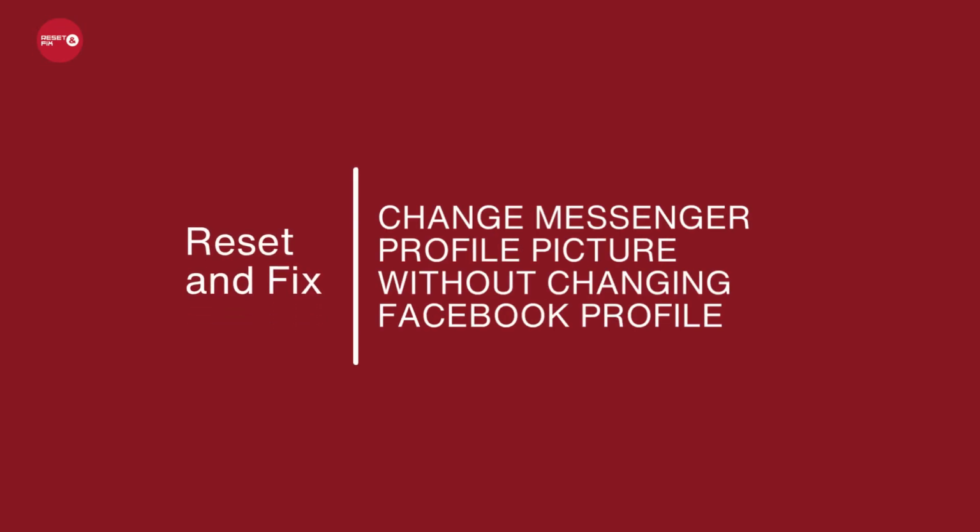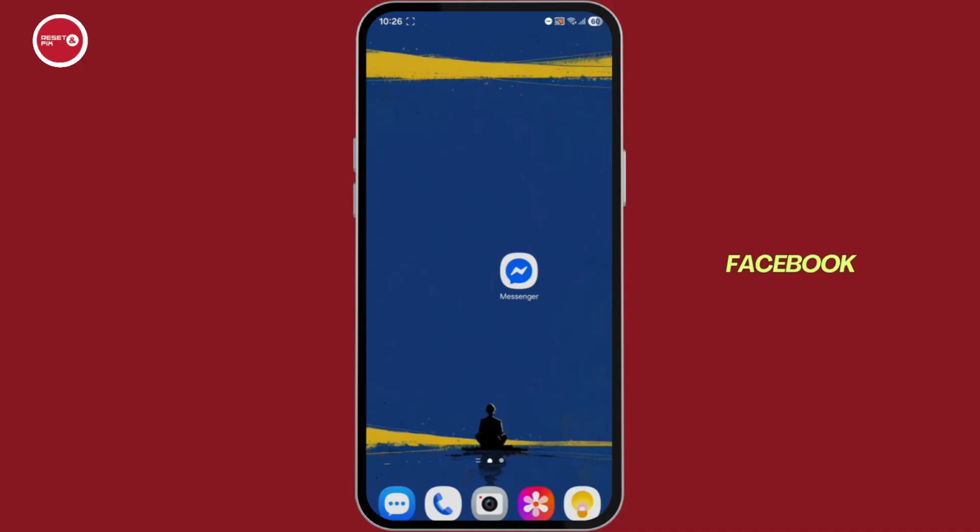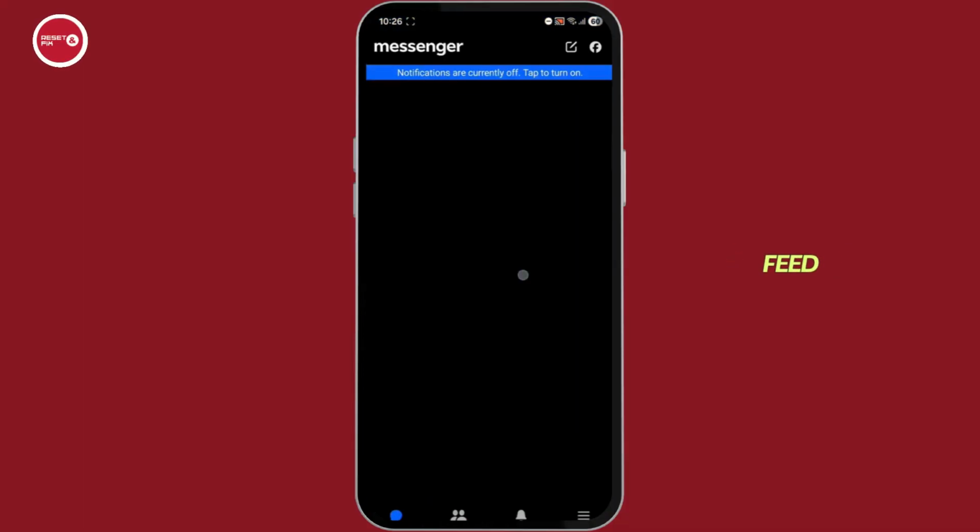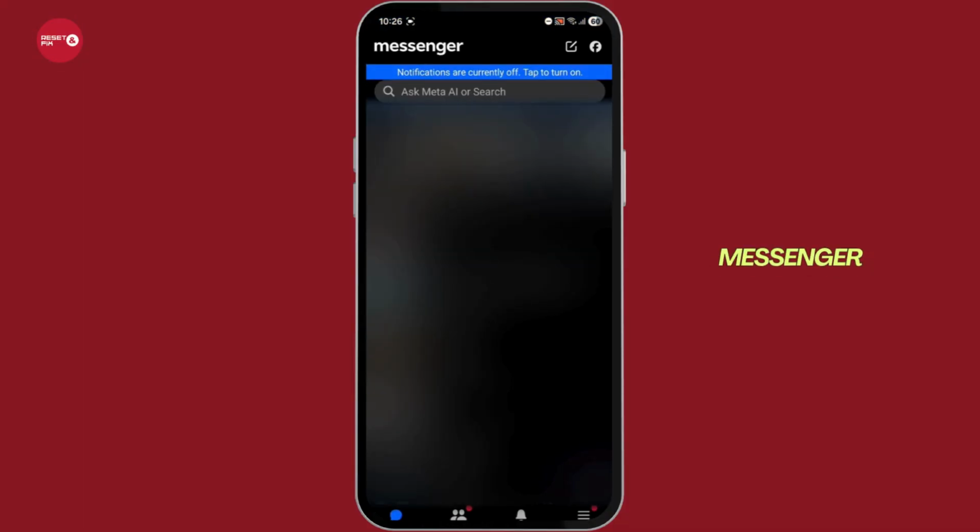How to change Messenger profile picture without changing Facebook profile. Now, because Facebook Messenger is deeply integrated with your main Facebook account, it uses the exact same profile picture. You cannot unlink the photos natively without unlinking your entire account. However, you can change your Facebook photo without notifying your friends or feed, or set up a separate standalone Messenger